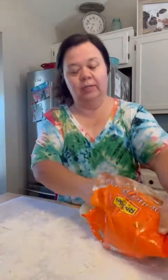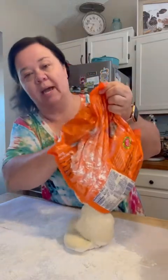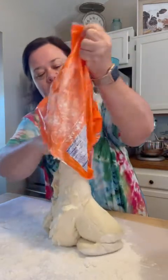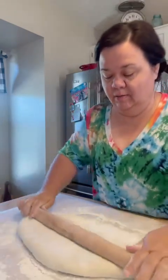Now your rolls are going to rise up right in the package. So I'm going to empty all the rolls out onto a floured surface. And I'm just going to shape this and roll it out into like a square. So now I'm just going to roll the dough out,